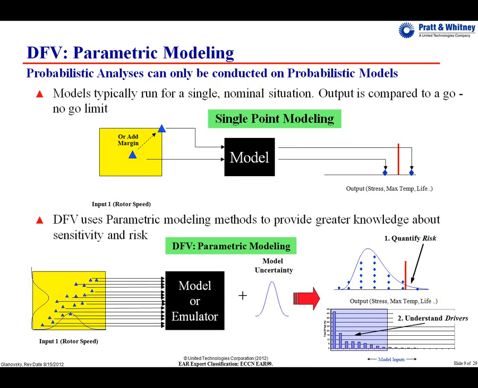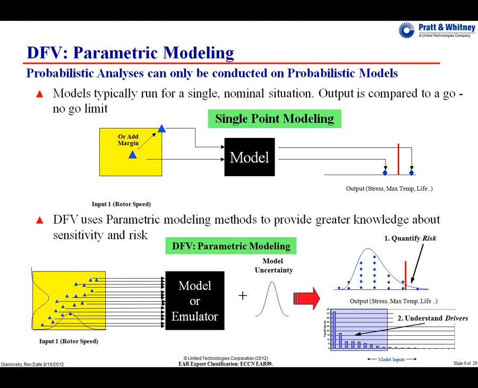Our existing engineering is what's shown on the top of this slide here. They take a single design, a single blue triangle. Sometimes they'd add margin into that single design to replicate what they thought was a worst case. But in the end, it was only one design. That design would be run through some kind of an engineering model, usually a computer code of some sort, and that model would predict how this design was going to perform. Maybe it was measuring stress, max temperature, life, durability. But either way, you'd get a single prediction out of that model, and it would either meet the customer's requirements or it wouldn't. Either you're back to the drawing board or you move forward with this one.